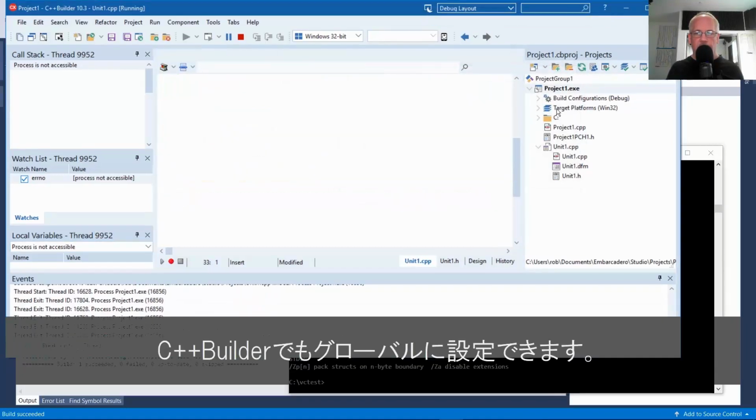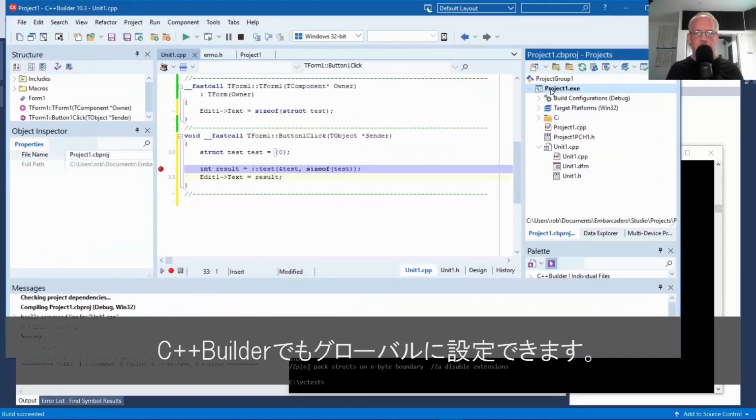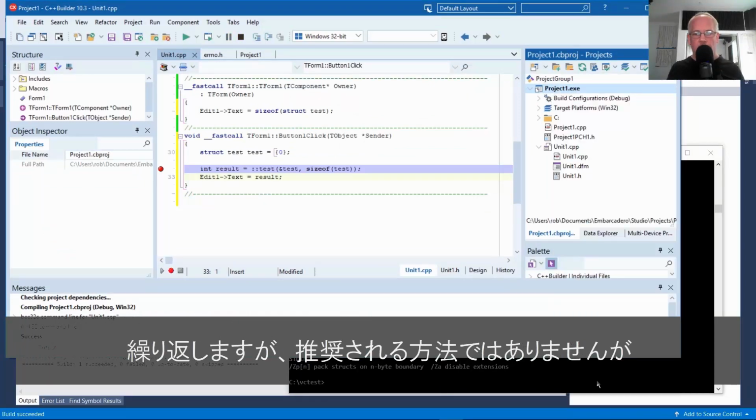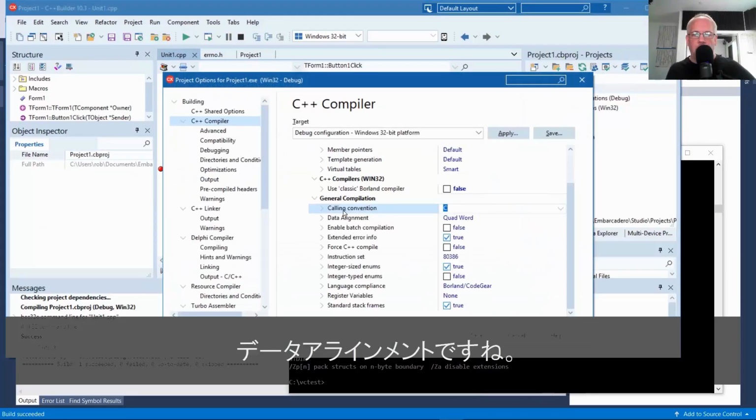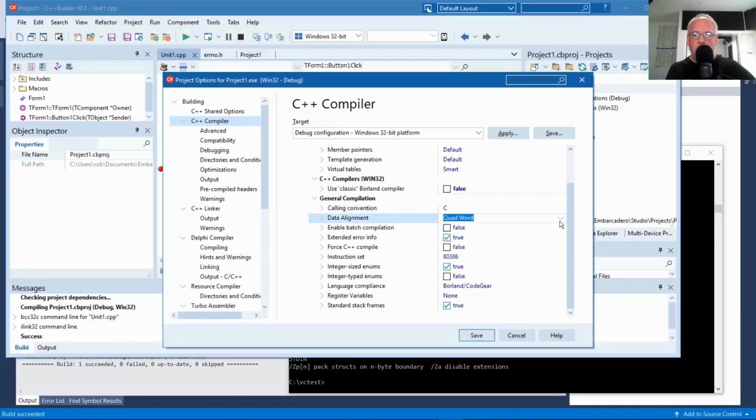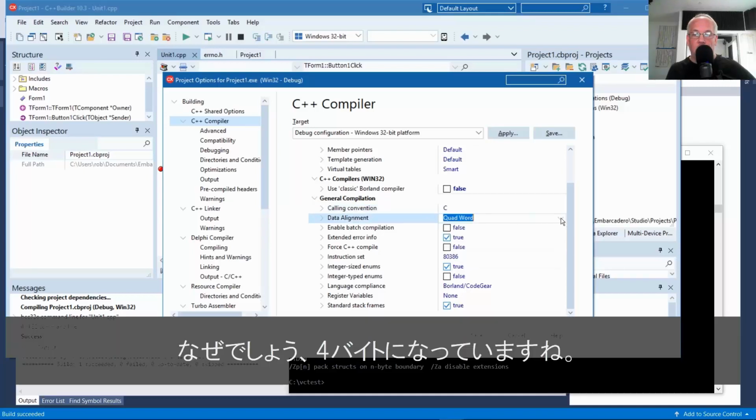To change that, we could do it globally in C++ Builder. Again, not recommended, but I want to demonstrate that. Data alignment, okay. That's interesting, quad word.